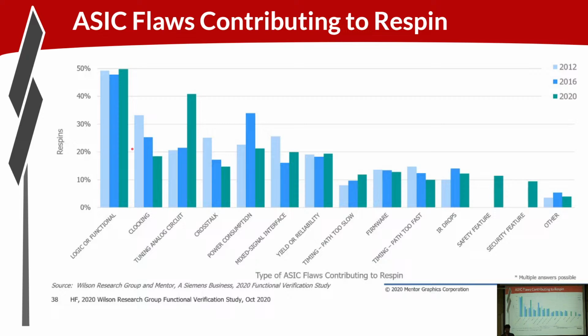So the point being that digital logic functional bugs are easier to verify pre-silicon than these physical and analog type of issues. I think there are two bars here that are digital logic in nature, safety features and security features, and I think the rest are kind of analog-y. So clocking, tuning of analog circuits, crosstalk, so wires interfering with each other, signaling interfering. Power consumption issues, mixed signal interfaces, yield or reliability issues,